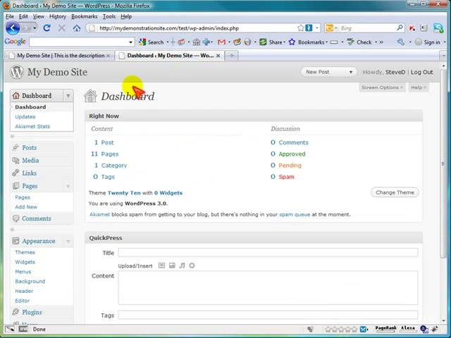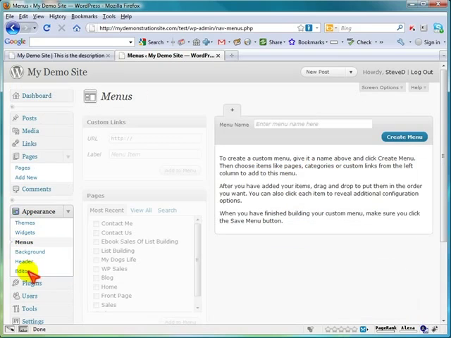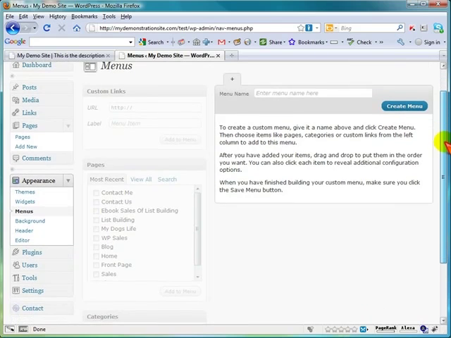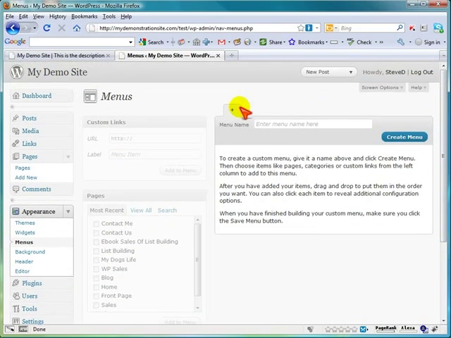We've already done that here, and you'll notice over here some of the additional items under Appearance, one of which is called Menu. And if you are in a default theme titled 2010, then you will also see Background and Header. In previous versions, it was called Custom Header, but we're going to cover that in a little more detail in another video. Now, whenever you first open up the menus, you're going to see that this stuff here is pretty well grayed out. I mean, there's nothing to it,